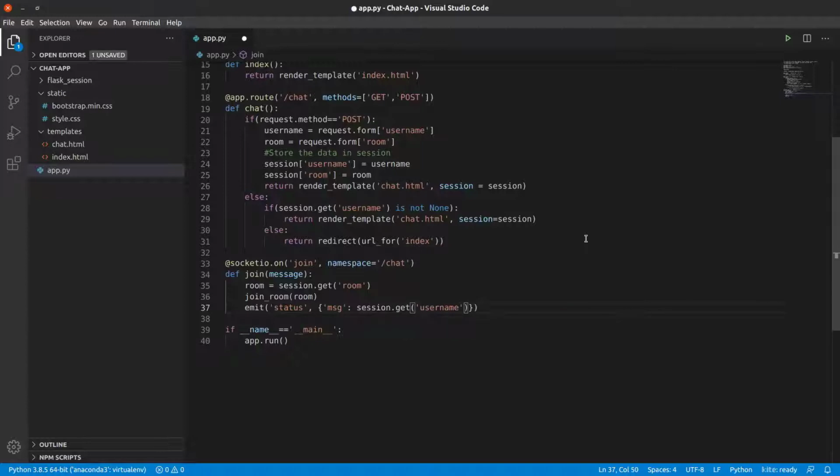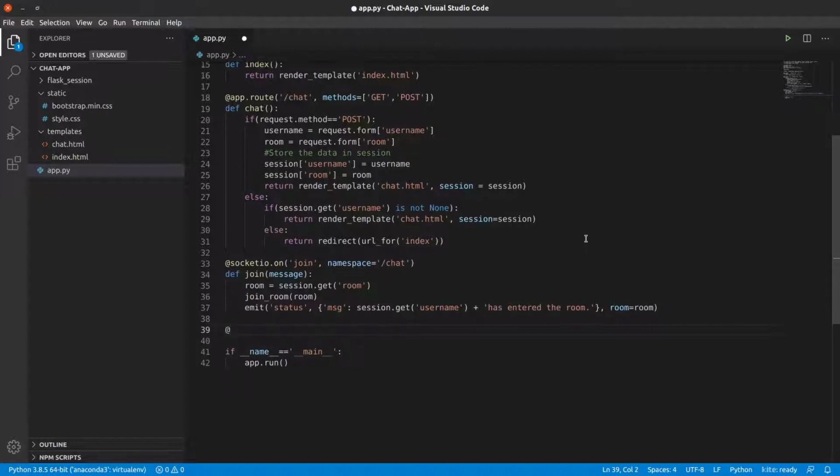Suppose Mohit has joined the chat, so Mohit's username plus has entered the room. Okay, and we will also pass the room name. So room equals room.